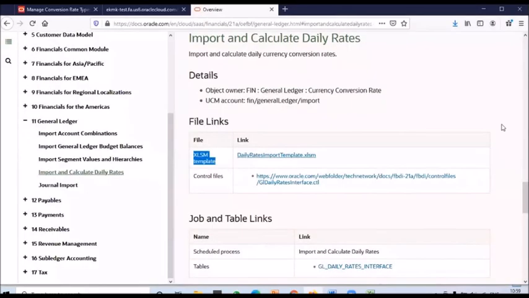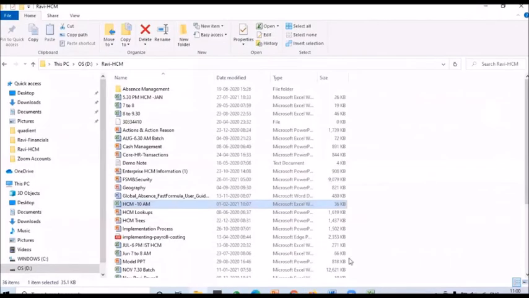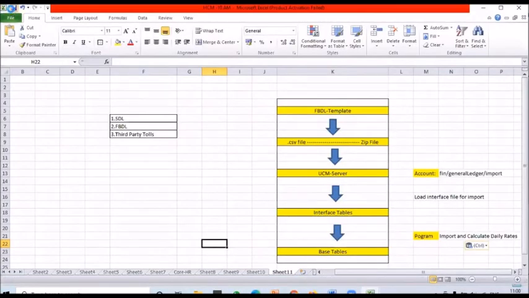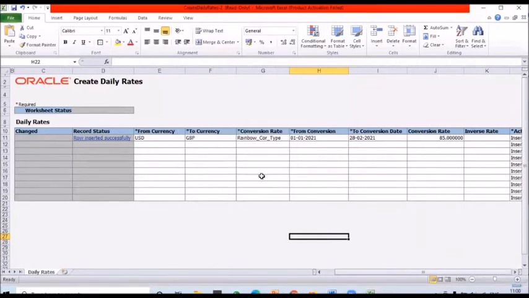Okay, save. Then you can go and open it. Let me open the template.